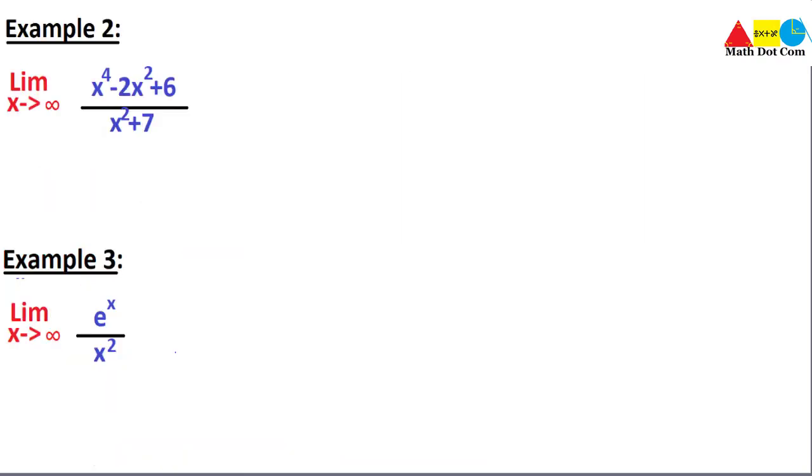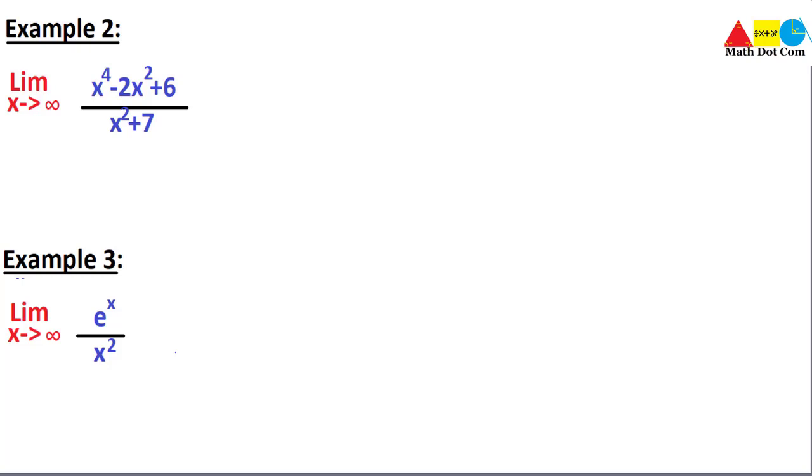So these are two other examples that we are going to solve using the L'Hopital's rule, as otherwise it is impossible to solve them because we get an indeterminate form as the value of x is infinity, and when we put this value of x in the denominator of the given function, we will get an infinite value. So let's solve them by using the L'Hopital's rule.